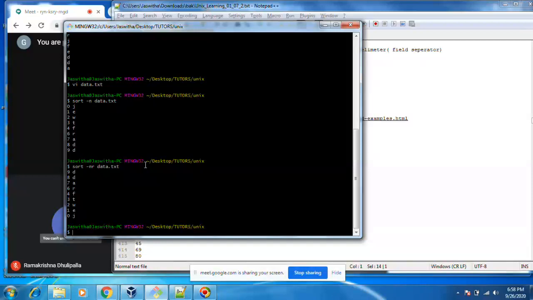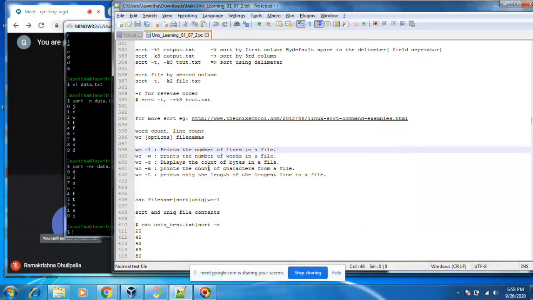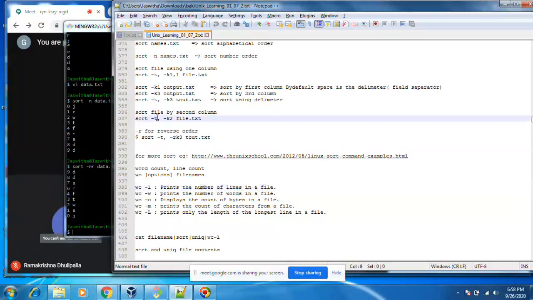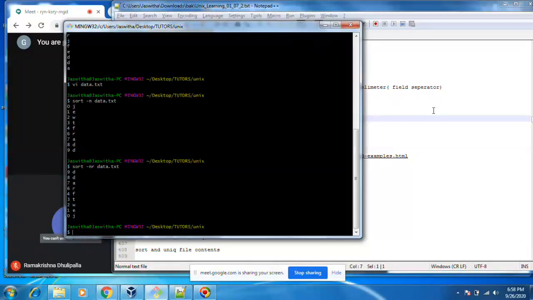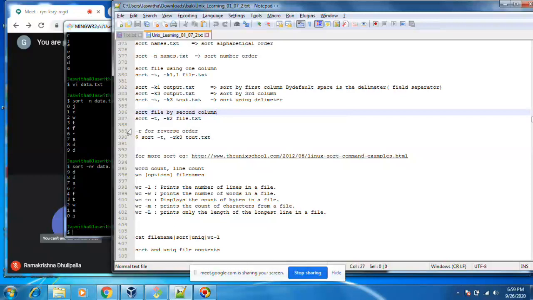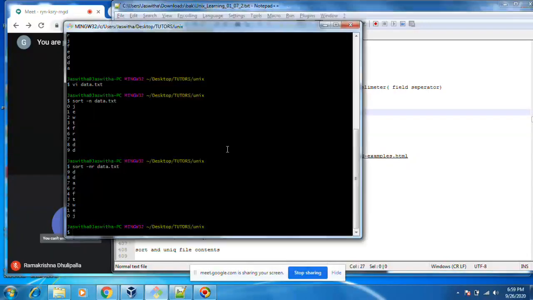Okay. If I want to sort based on second column, this is first column, this is second column. That is, you need to go for hyphen t option. Hyphen t means delimiter. Here delimiter is space, or else you can make a delimiter a comma also.